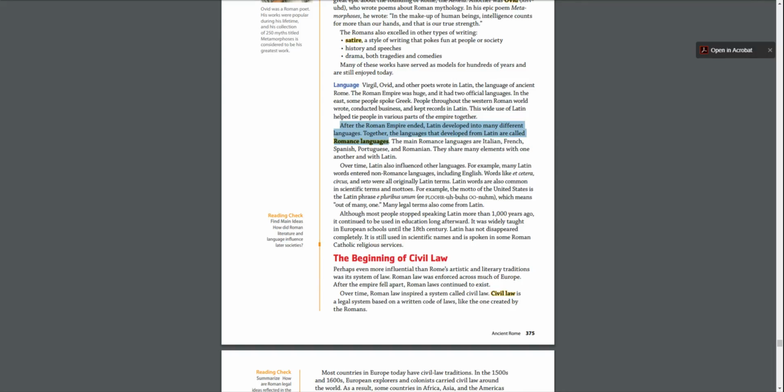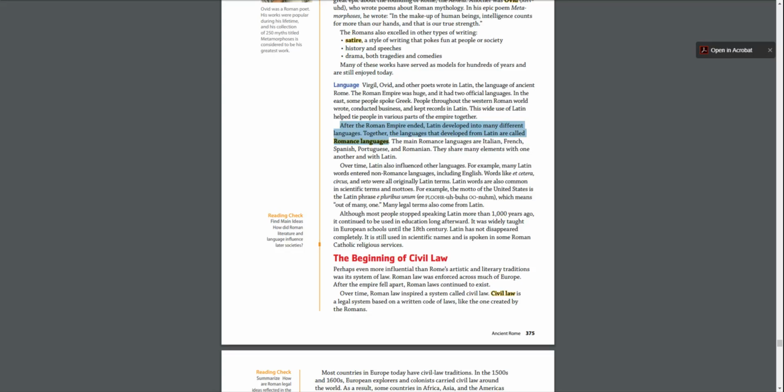So when you get into high school, if you take a different language other than Spanish, let's say you take French, you'll notice that there are a lot of words that are similar, and that's because French and Spanish are both derived from the same language, from Latin. So you need to know that for the quiz as well.